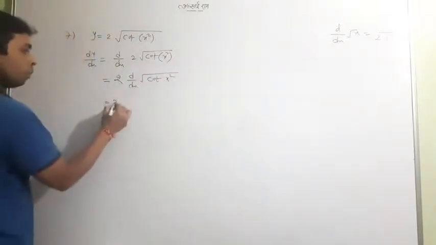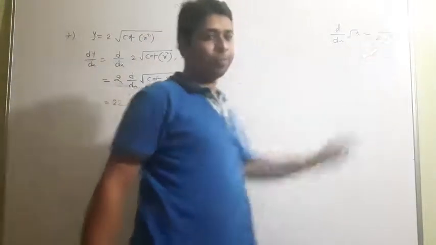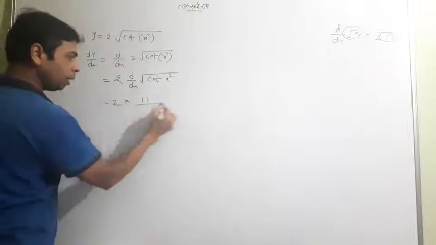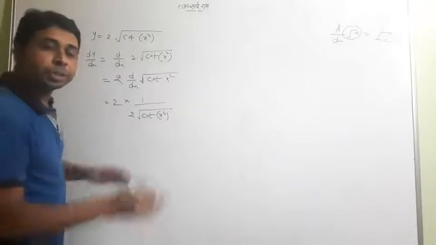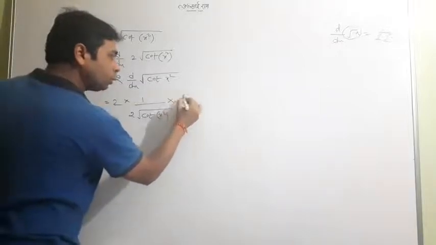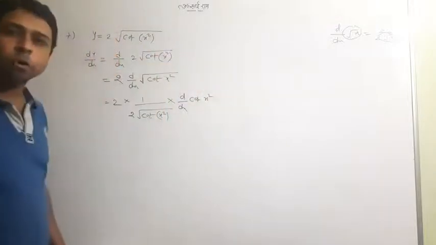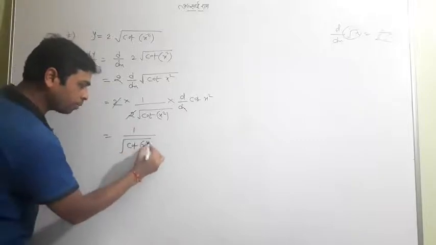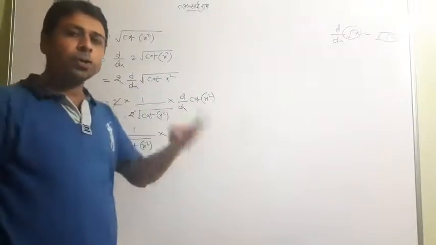So what do you do? First go with the square root function. What is the differential of the square root function? 1 by 2 into same, meaning as it is. Look at what I will write: 1 upon 2 into same. Till then, you have differentiated the square root function. Now according to chain rule, it has been completed, and now the second is cot x square. It is the cot of x square, first cot and second x square.